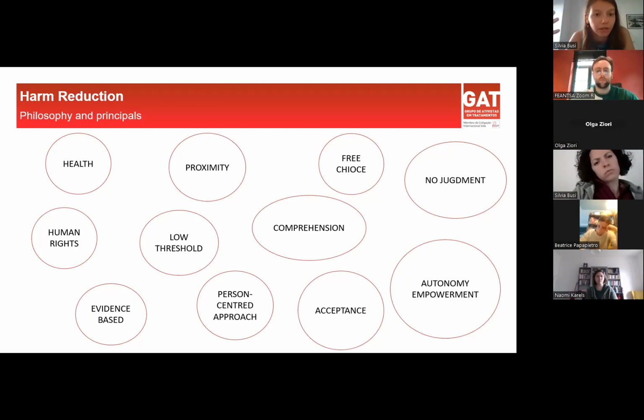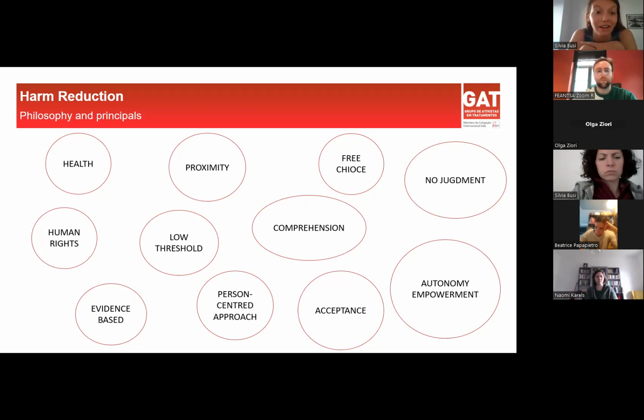re-experience the same trauma that they had in other places, or just the same refusal of help. We have to not judge and to allow the free choice. We have to give information and tools for the person to be able to have an informed choice, but we always have to remember to not judge the people and let them have a free choice. Because in the end, if a person wants to die of overdose and with a lot of infection, it is their own choice. As far as the person has the tools to make the choice, it is their choice.